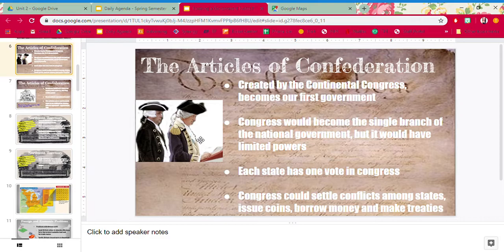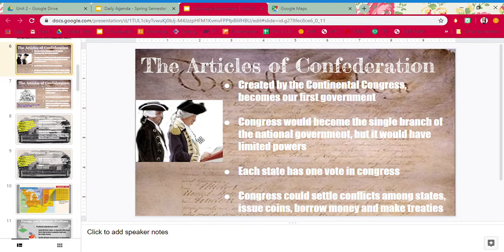So this first government called the Articles of Confederation, here are some of the rules of the government. One, there's only one branch of the government. There's no president, there's no king, there's no court system. It's just Congress, and they have very limited power. Each state has only one vote in Congress, right? So you can send a couple of representatives from your state. If you're in New York, you might send 4 or 5 people, but your state only has one vote on any law that comes up to be passed.